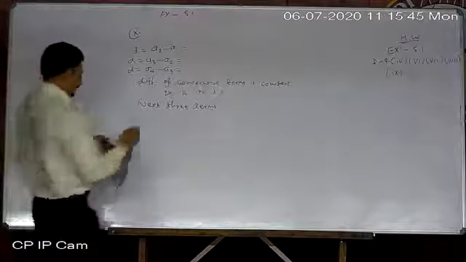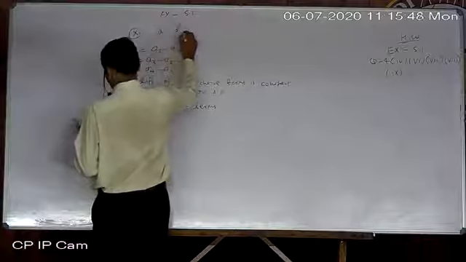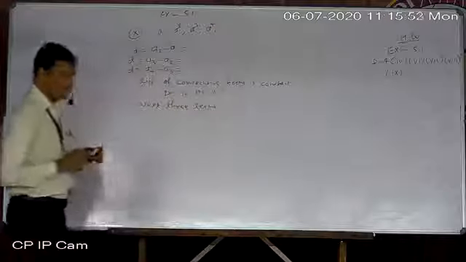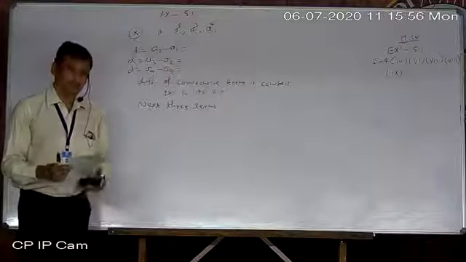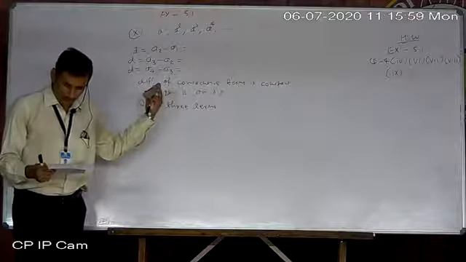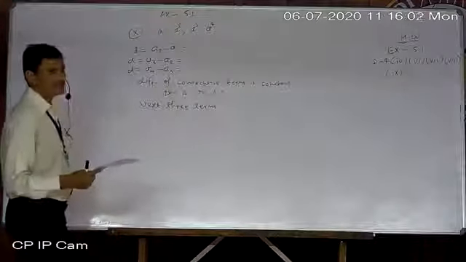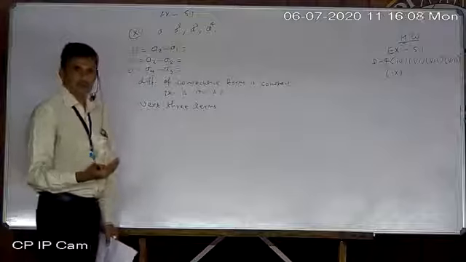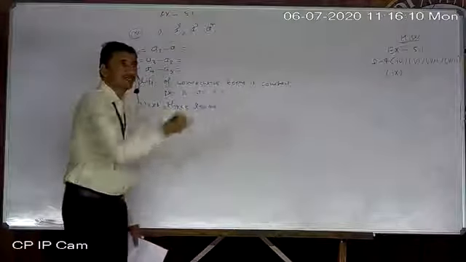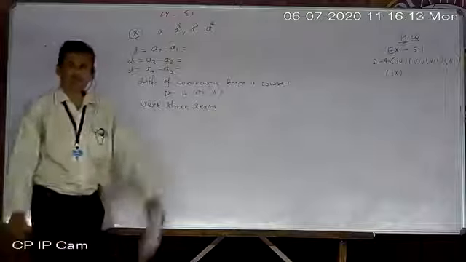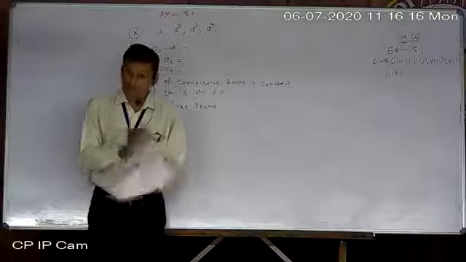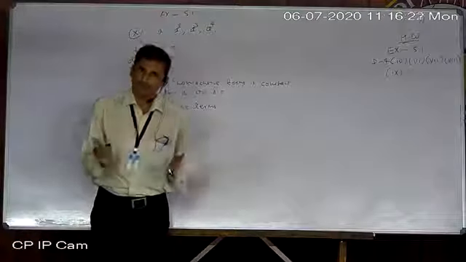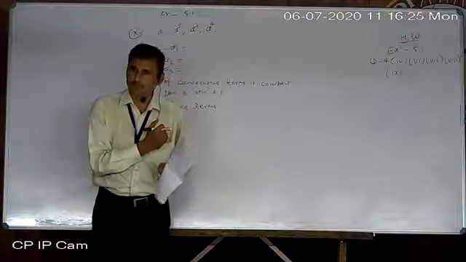What is given? A square, A cube, A4. Now just recall question number 1, the first one. There were given 2, 4, 8, 16, meaning a multiplication relation was there. 2 to 4 to 8 to 16 like that. So obviously it is not an arithmetic progression. Actually it is a geometric progression. But in 10th it is not in our syllabus. In 11th, in both commerce and science streams, you will study geometric progression.